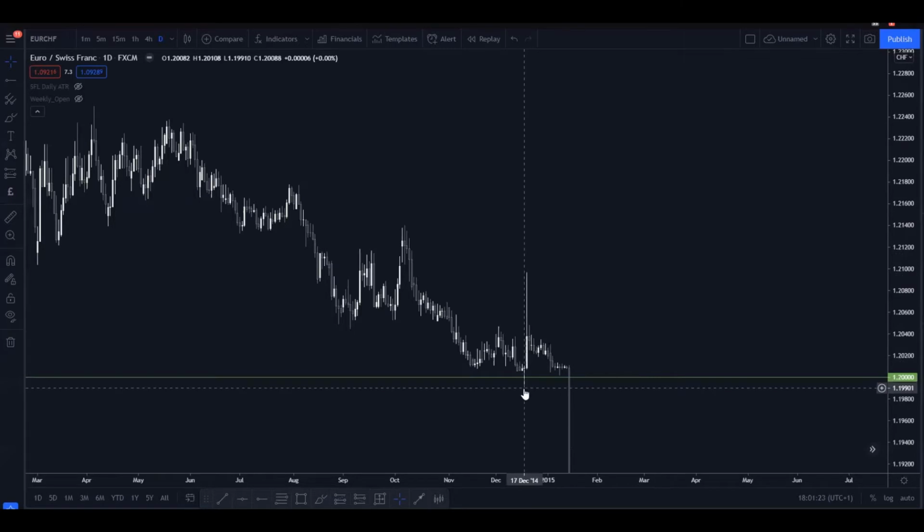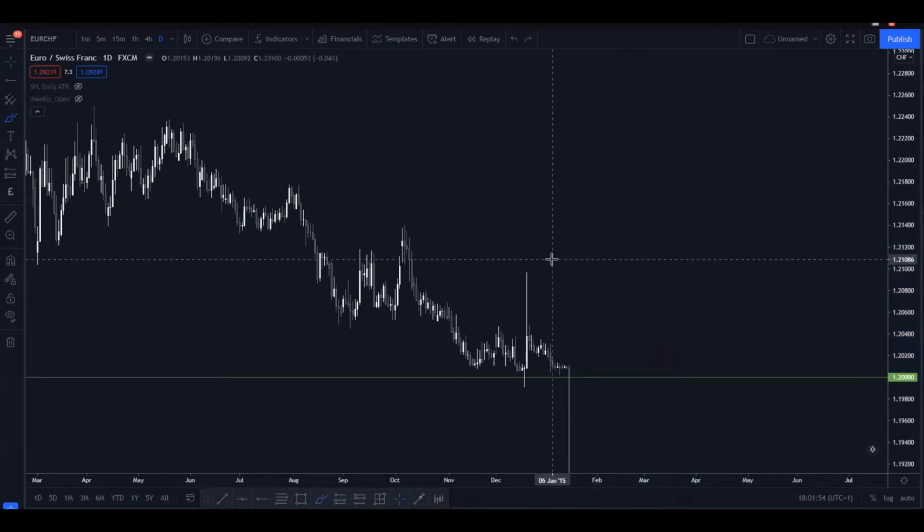As you can see, it happened on the 17th of December. The market came in, got bought up straight away. You can see by this candle here. And then when it tried to go to the upside, it got rejected and essentially came down into this level again. So on the 15th of Jan, many people thought the market was just going to do exactly what it did before. The SNB hasn't changed their mind. They're going to buy up again. And we're essentially going to see a situation like we did 3 years earlier, where the market's going to trade down here maybe and then just shoot upwards.